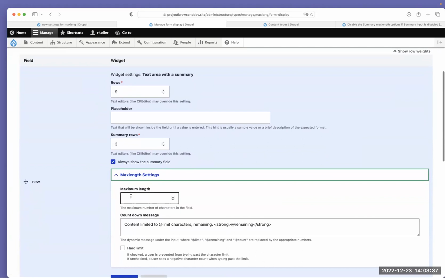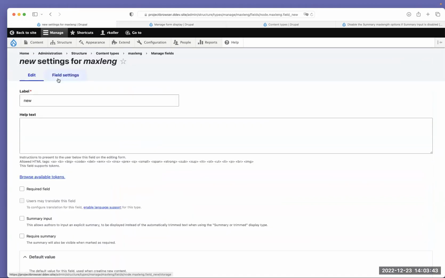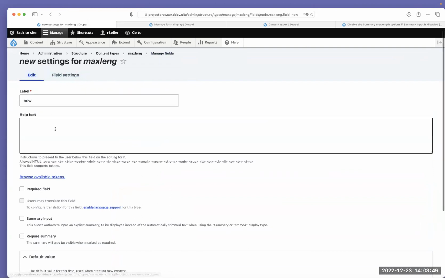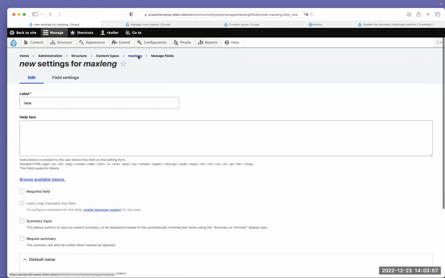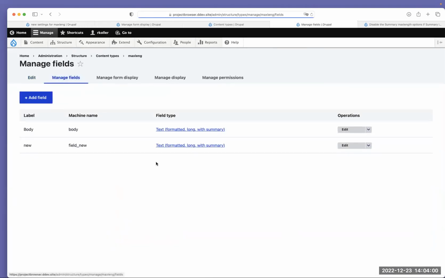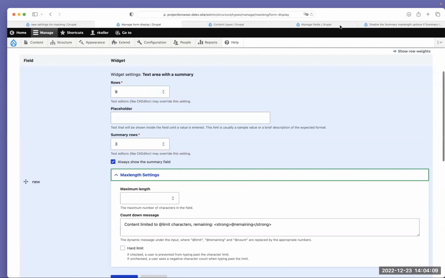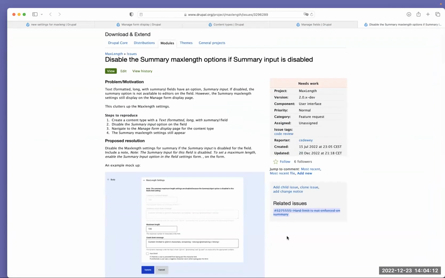The current state of the patch applied is that the summary is hidden in case, in your field, which is called in my case new, on the edit page, you have summary input and require summary unchecked, for a text formatted long with summary field type. And currently it's hidden, and they were thinking about showing it, but disabling those two fields in case summary is